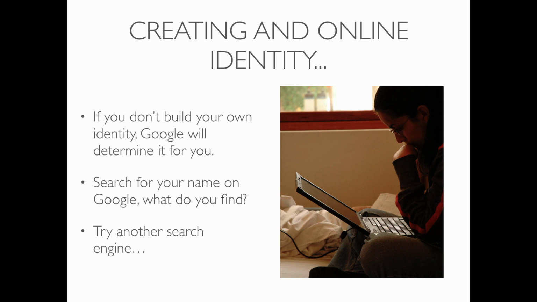So when you type in your name, how many people see yourself as the top result? Nice. A couple of you are good. So the thing about your online identity is there are other people with your name. And when you search for yourself, you get cross-listed with all these other people. So you want to think about how you control who you are online such that when some future employer someday wants to look you up, they can actually look you up. What's the first thing somebody does when they're evaluating candidates for a job?